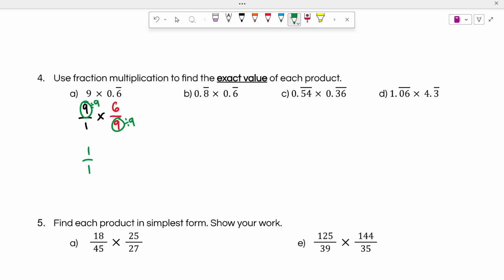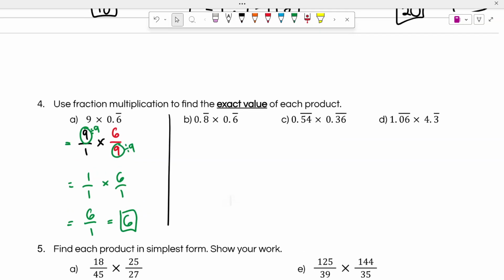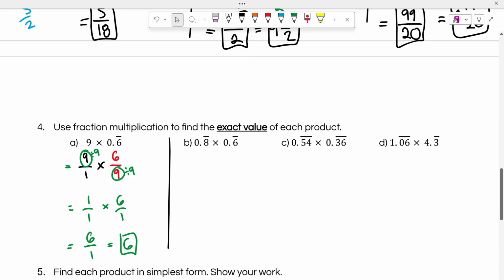That gives me 1 over 1 times 6 over 1. 1 times 6 is 6, and 1 times 1 is 1. 6 over 1 is just the number 6. Okay. This would be difficult to do as a decimal multiplication because 0.6 is